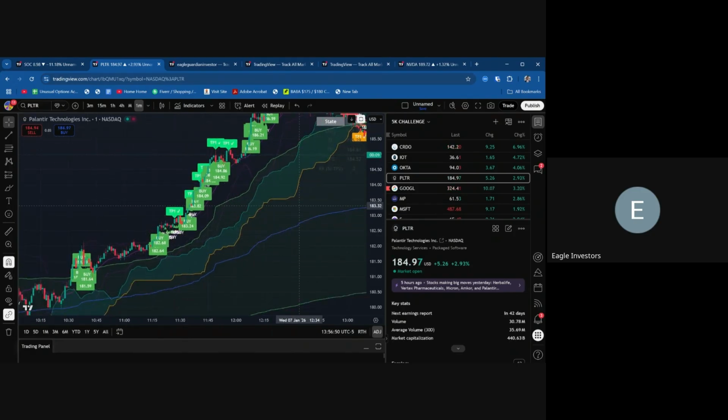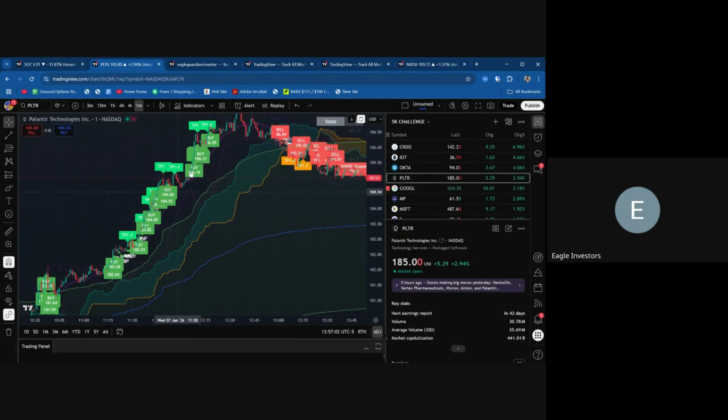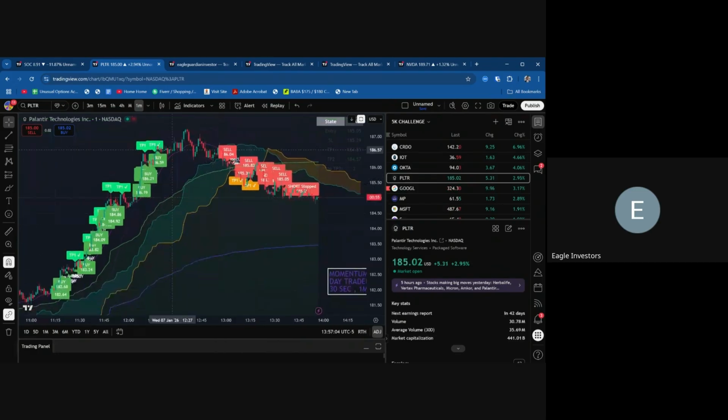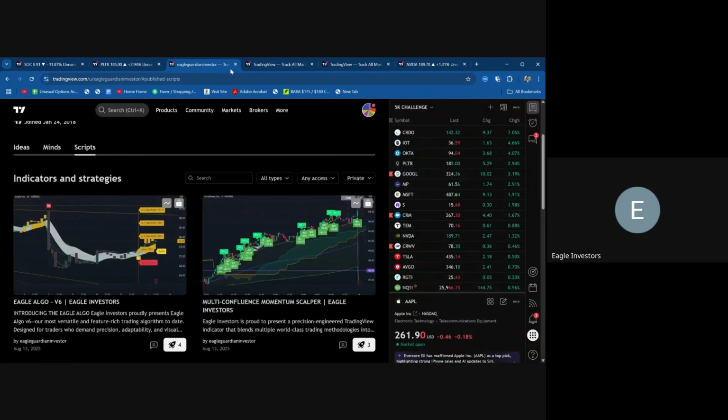I mean, that's how day trading works. For anybody who's a day trader, I'm sure you understand that's literally how it works, it's on the fly. It's difficult to predict, but that's why the indicator is very sensitive. It's going to tell you to go, and then the trend will flip, and when the trend flips, you're going to short on the way down. So it's a momentum scalper through a multi-confluence approach. Multi-confluence meaning